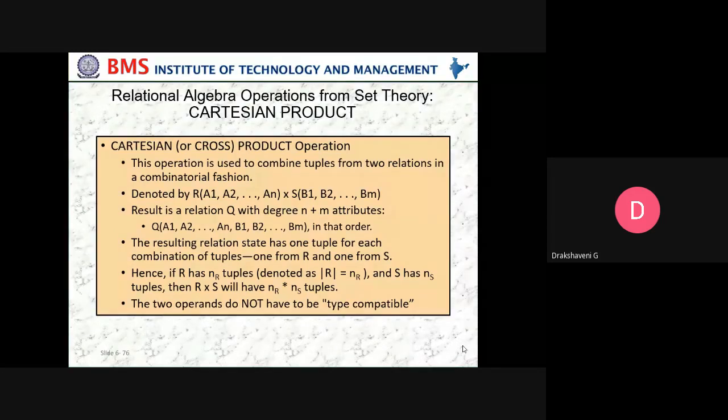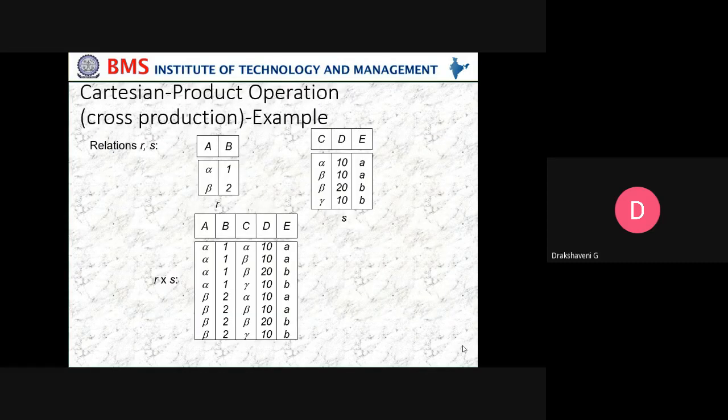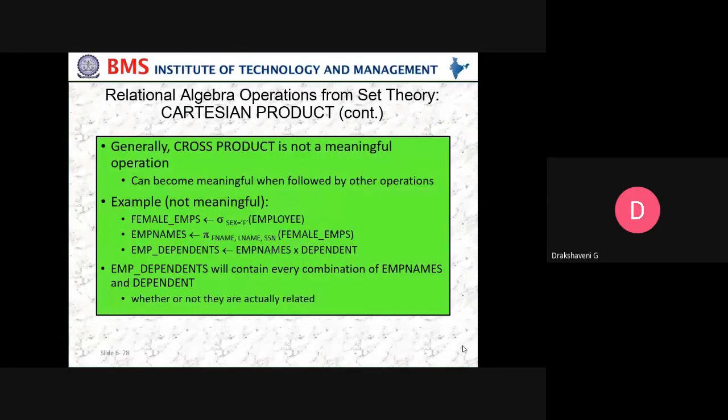Then we have seen about the Cartesian product, a relational algebra operation from set theory, also called the cross product operation. This operation is used to combine tuples from two relations in a combinatorial fashion. We have seen examples of how we do a Cartesian product.